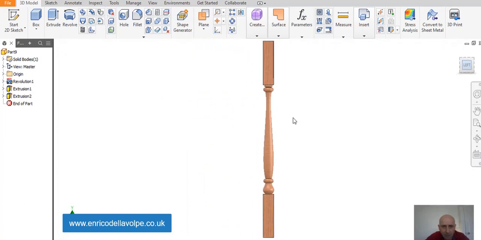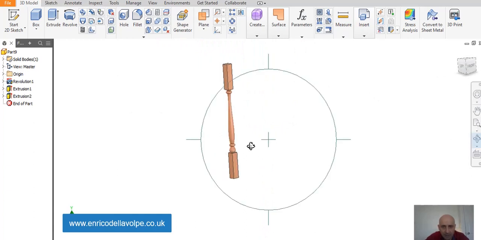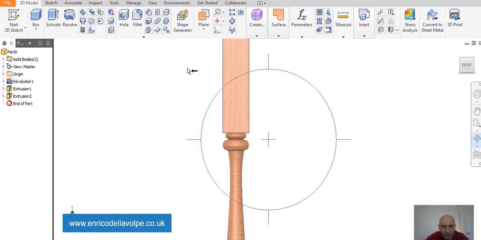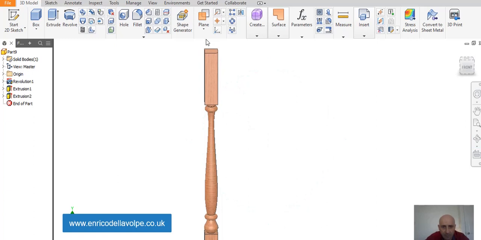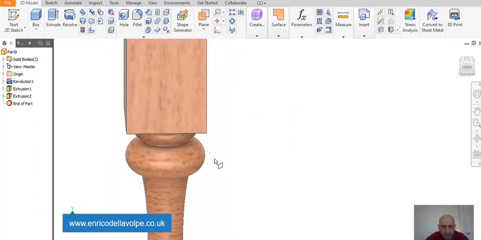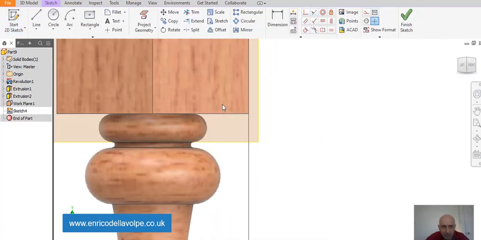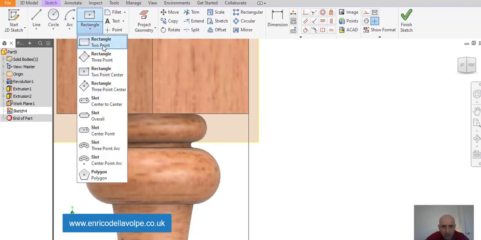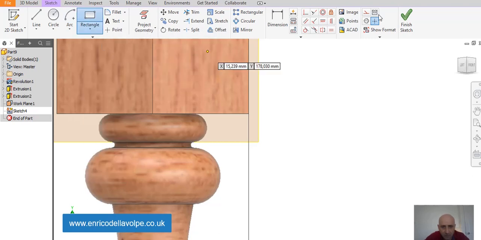But to make it more professional, I need to remove some part. I'm taking the 3-point plane, the diagonal of the spindle, and I sketch a geometry. A construction rectangle, 20 mil each side,